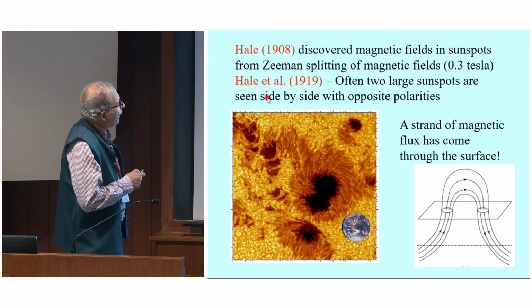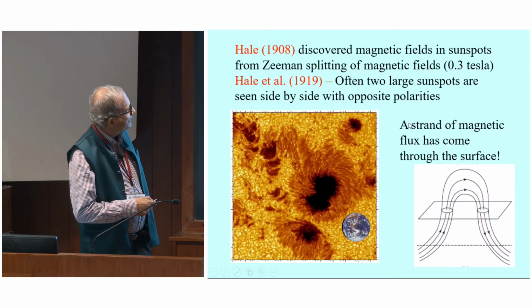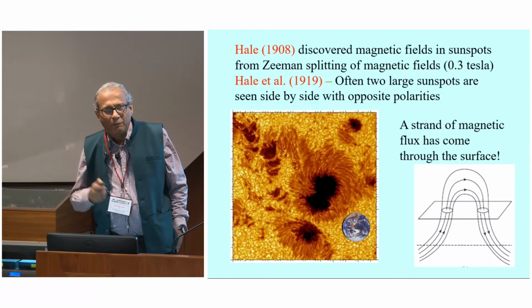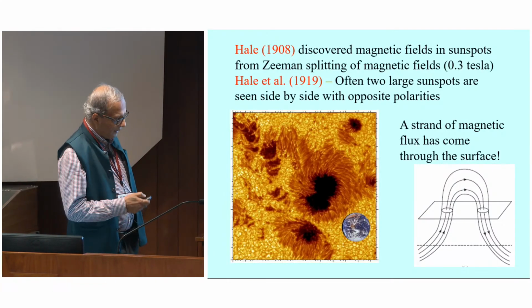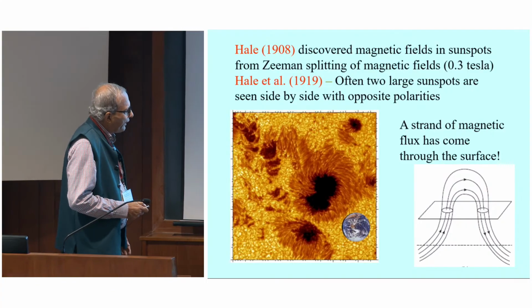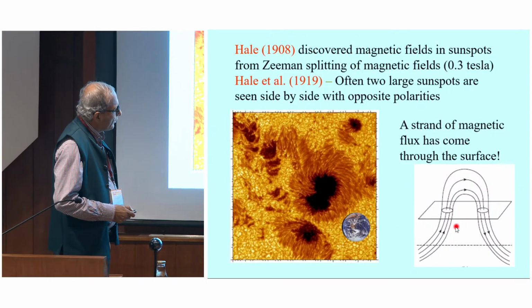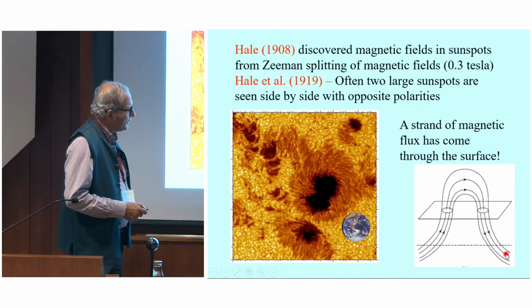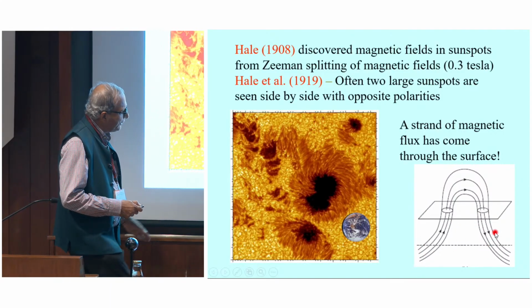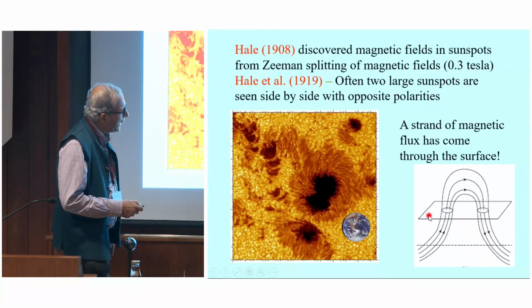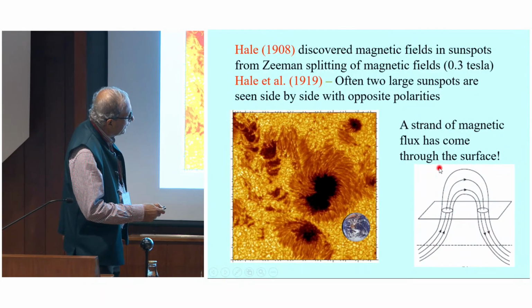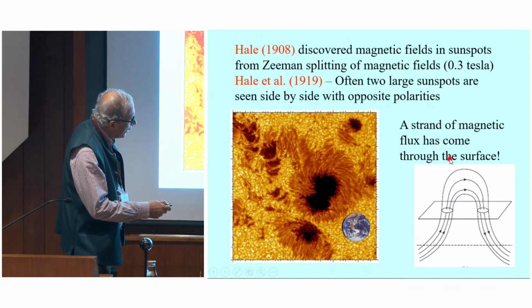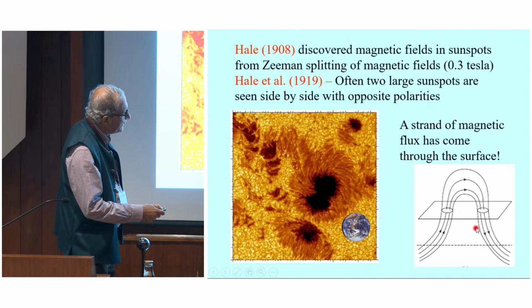And Hale et al. found that in the cases of such pairs of sunspots, usually the two sunspots have opposite magnetic polarity. If one is positive, the other is negative. So the most plausible explanation is that there must be some strand of magnetic field underneath the sun's surface going like that, and it's popping